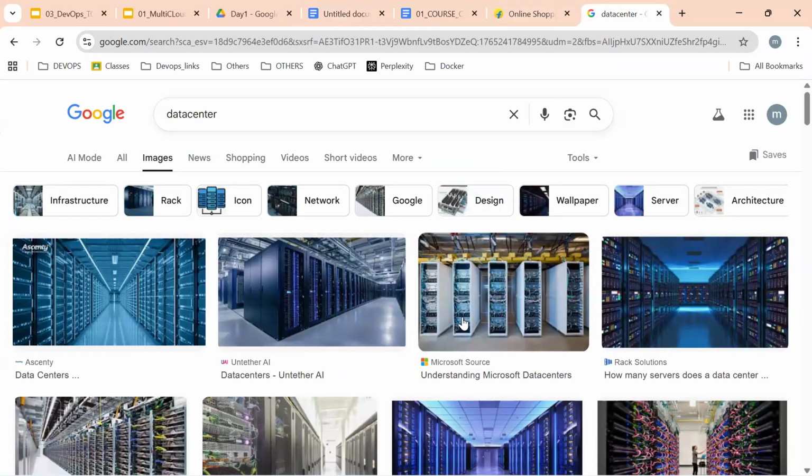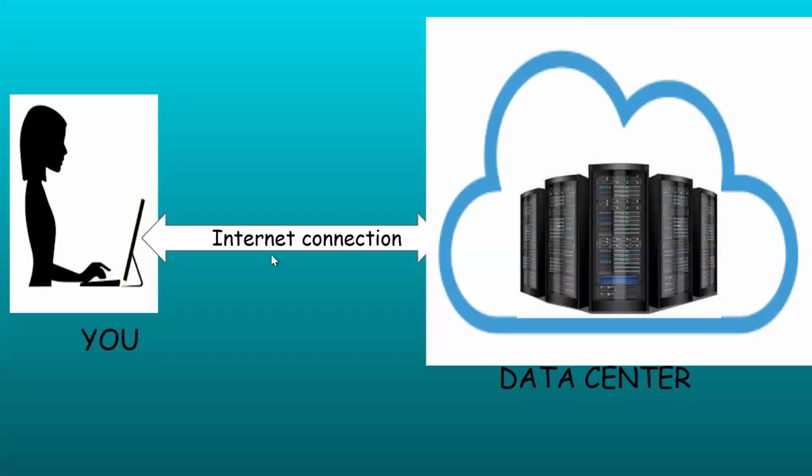These data centers are located in different geographical locations. If we can access or control them over the internet from your laptop, that is nothing but cloud computing.